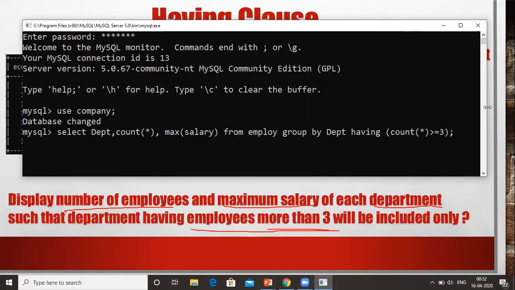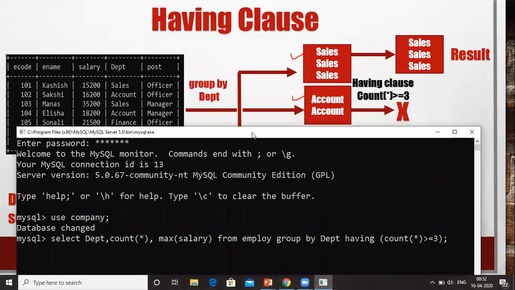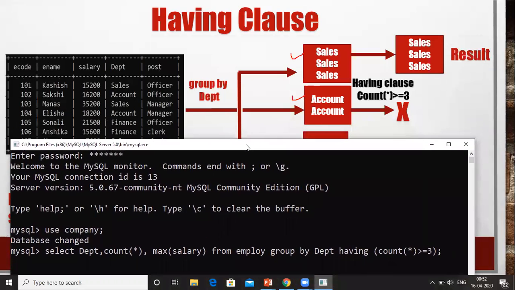Let me expand it first. When this query executes, first the group by department is applied. Initially the table is divided into different groups because of this group by department clause.